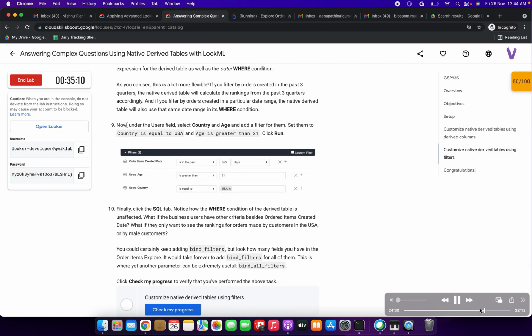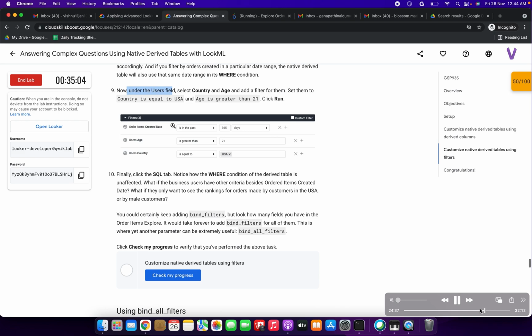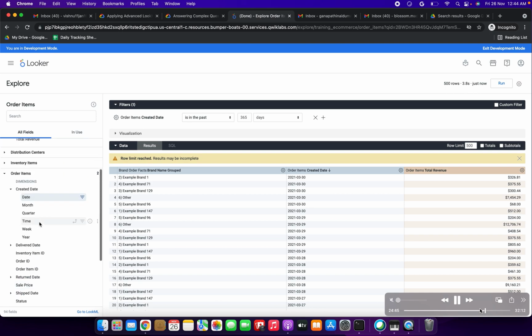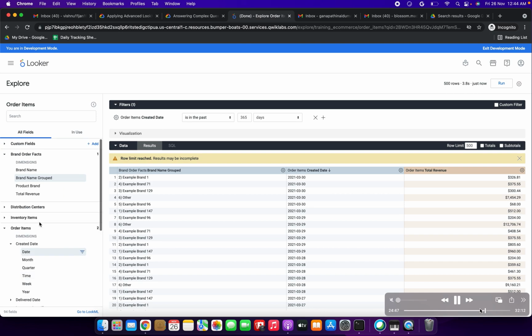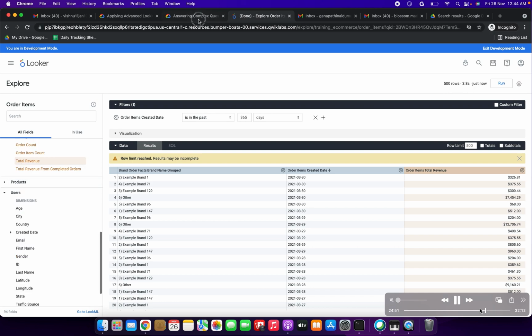Okay, fine. Then under the users field, select country and age and add a filter. So now we are going to see these things only. Under the users field, where is the users? Yeah, here only, the users dropdown.